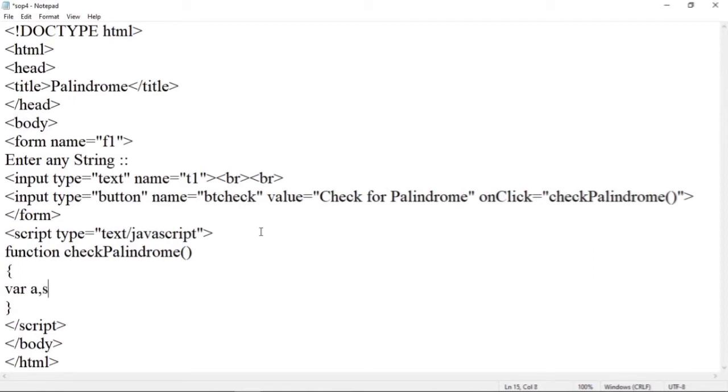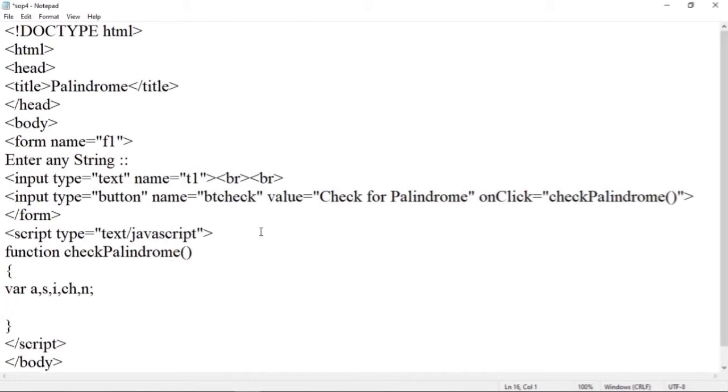Now the user will enter any value, whether it will be capital or small. So we have to convert that value to small letters and again save it. To save the lowercase string, we will use a variable, that is the s variable. After that we have to use a for loop. Within that, for iteration purpose, we will use the i variable. Then to retrieve every single character from a string, we have to use a ch variable. After that, to save the length of that string, we will use an n variable. So in this way we have to use these many variables.